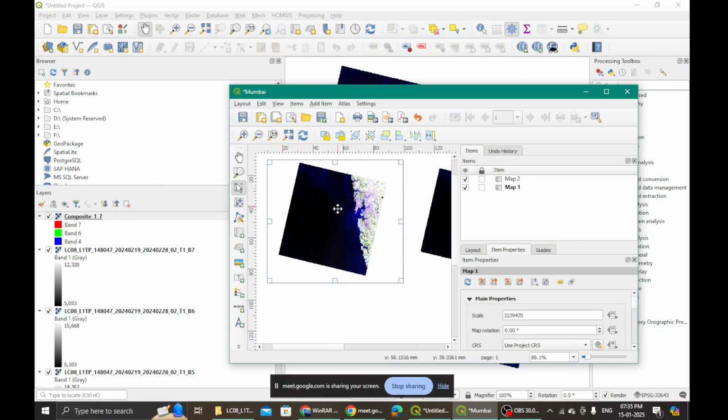Now, let's say Mayura, I want to go to only the Mumbai area. So I will change this scale. Right now, how much is it? Some 32, 39, 47, 0. This is the scale that I see for map 1, right? Map 1 is bold. That means I am able to make changes on map 1. If I go to map 2, my box will also change. The second one we will add later, so don't worry. For map 1, I am making changes to item properties over here.